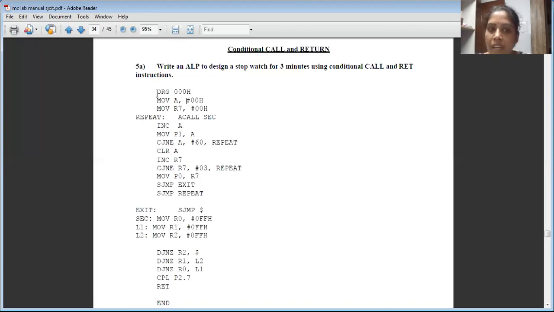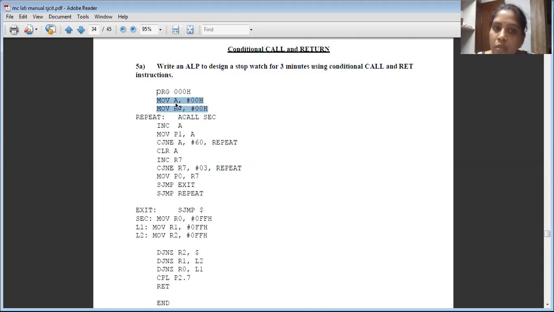Initially I'm clearing the accumulator and R7 just by loading them with 00. MOV A, #00H means I'm moving immediate data, that is 00, into the accumulator, and I'm also moving immediate data 00 into R7. These two are written in immediate addressing mode, where 00 is loaded into the accumulator and R7. Now, what is the use of this?